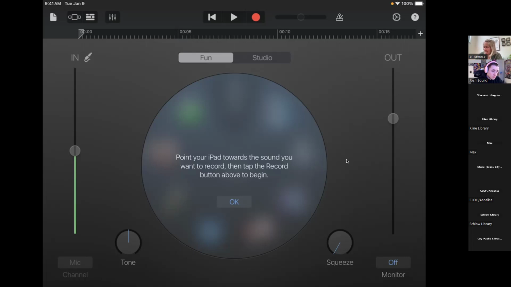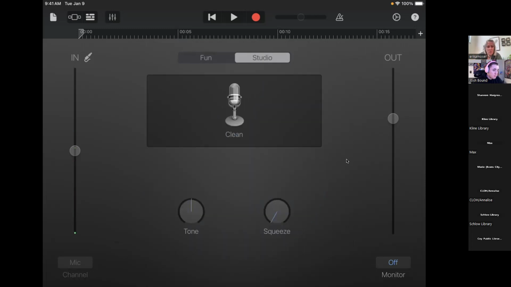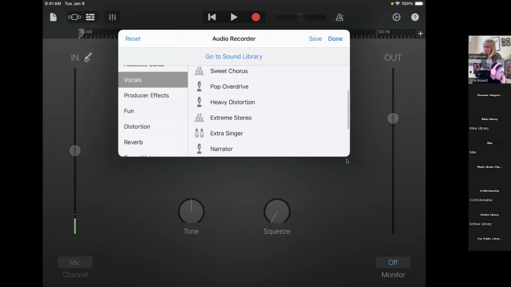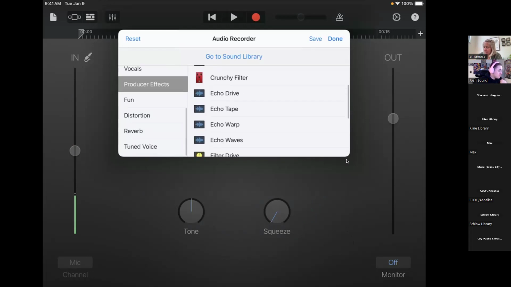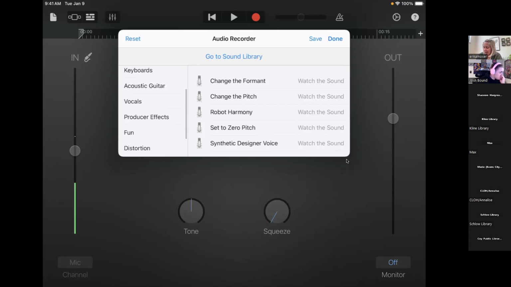So you'll notice that in the audio recorder, you have a choice of fun filters, or you can switch to those more professional sounds, which is studio. And if you tap that microphone there, you'll see that there are all sorts of choices for vocals, producer effects, a tuned voice, like you name it, it's there. Fun is super fun though. So if I go into fun,